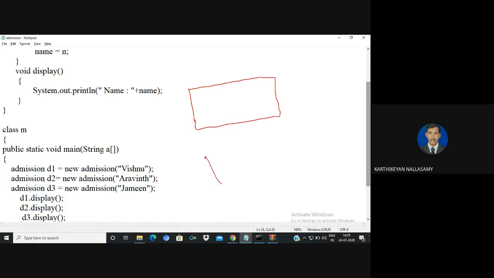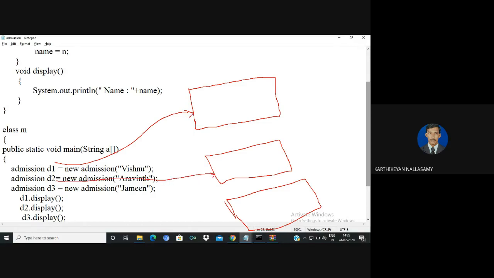So there are three objects here created. Assume there are three objects, one for D1, this is for D2, this is for D3, correct?